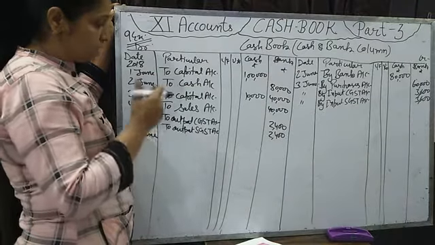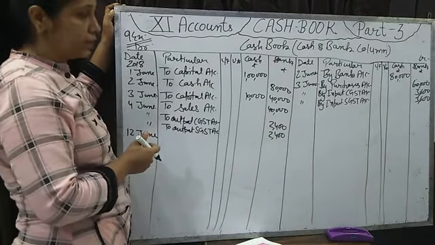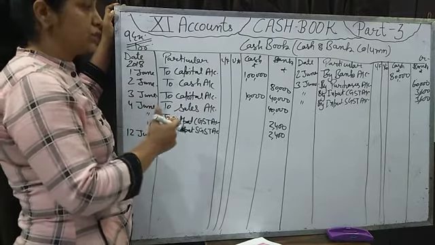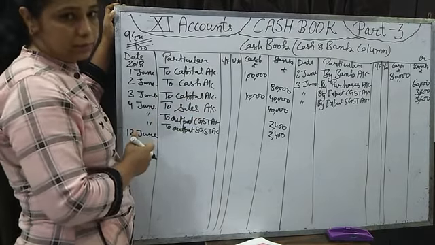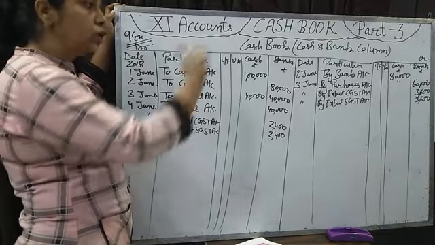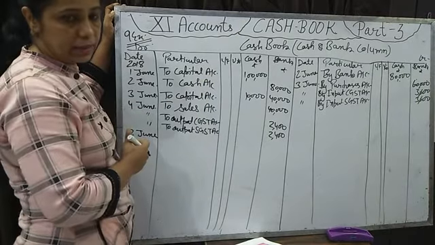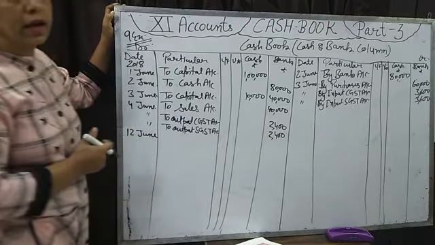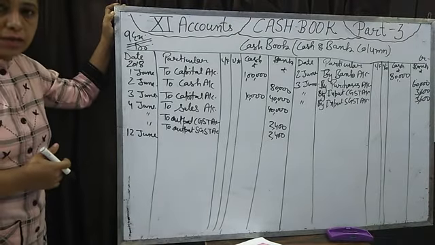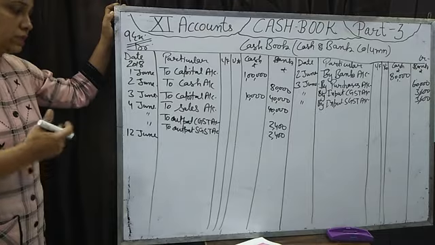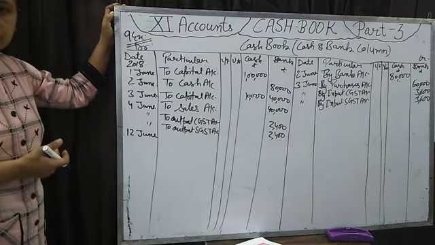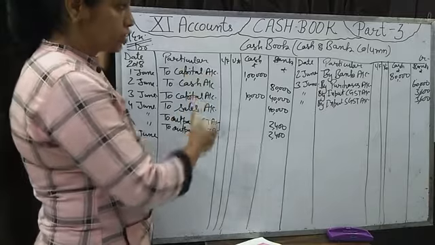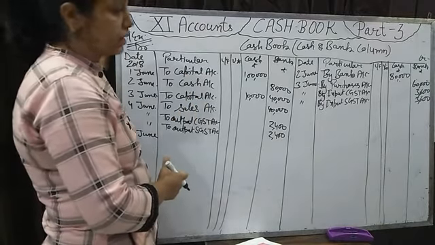For receiving the check and selling goods on credit, those transactions we will write in the journal. The transactions that do not come in the cash book, for those we pass a journal entry separately. Like for the credit sale to Ram, we will pass the entry: Ram account debit to sales account, to output CGST and output SGST account. But in this question it's not mentioned that we should pass a journal entry also.